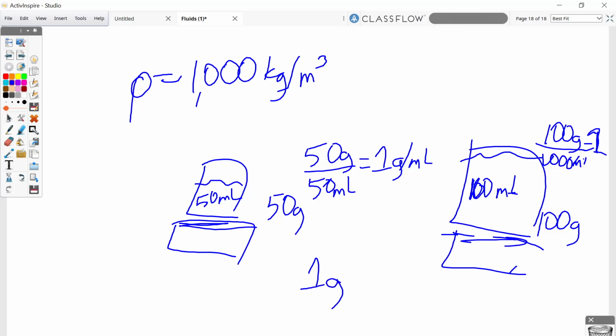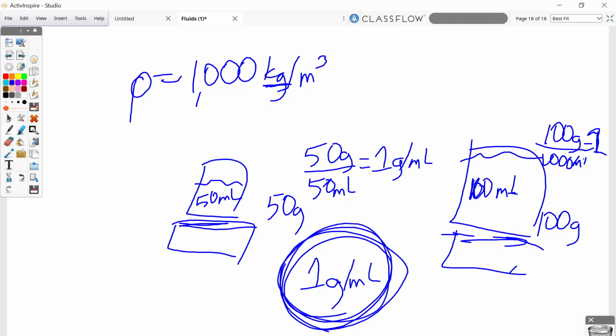So here we're going from grams to kilograms. So all this is actually a conversion, okay? The density of water is 1 gram per milliliter. They actually convert the 1 to 1,000. So to go from grams to kilograms, you have to move the decimal over 3 times, which will be this,